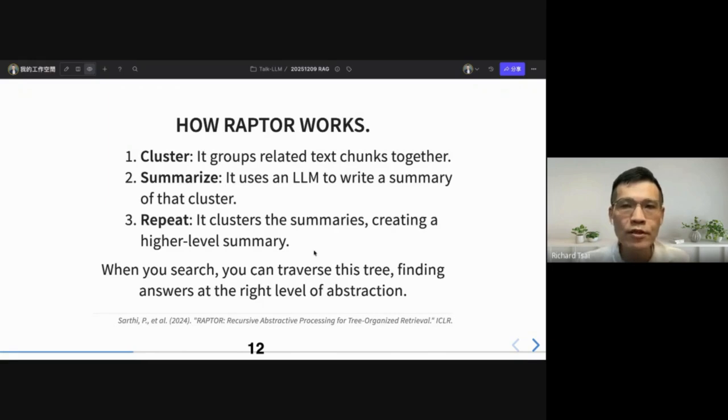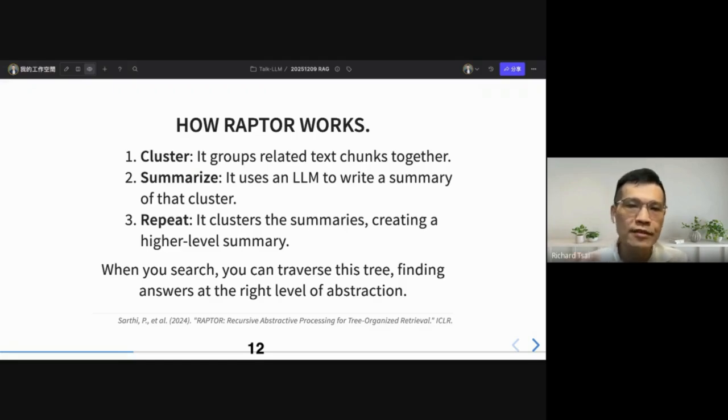So how does Raptor work? Firstly, it groups related text chunks together. We call it cluster. Then it uses an LLM to write a summary of that cluster. We call it summarize. Then it clusters the summaries, creating a higher-level summary.